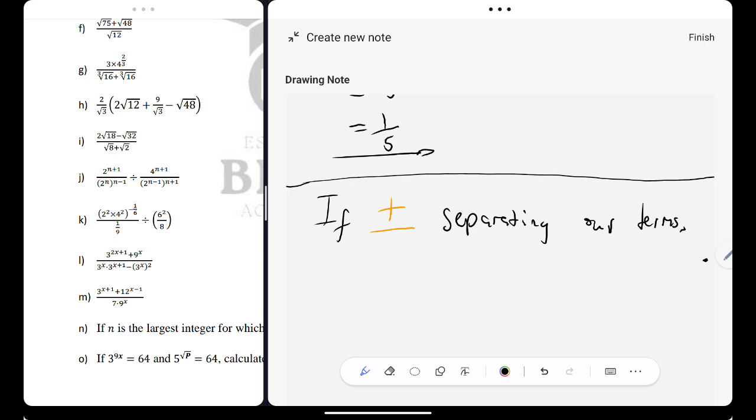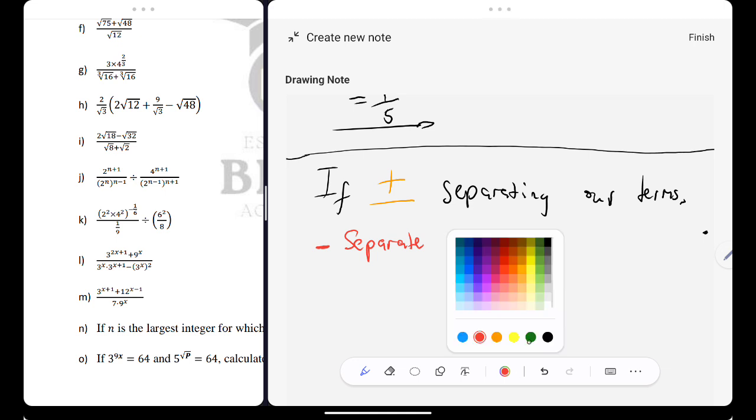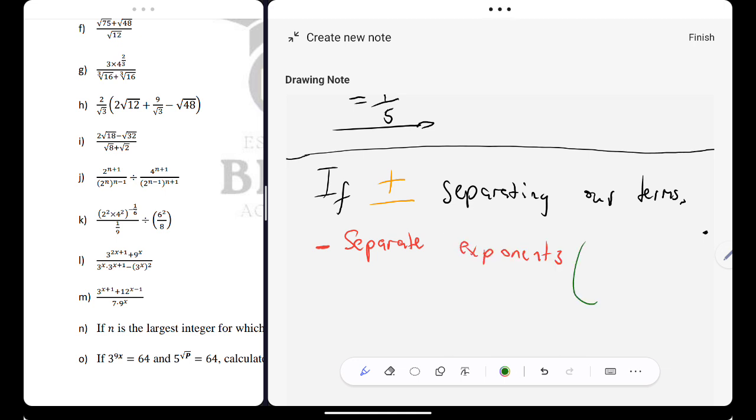If we have a plus or minus separating our terms, the first thing we need to do is separate the exponents. When I say separate exponents, I'm saying mainly focus on the first two exponents. This one that says a to the power